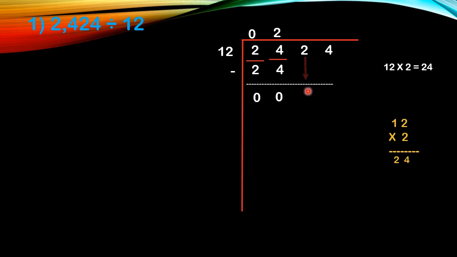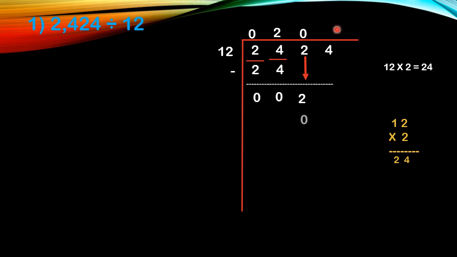So next we have to bring down 12 here. Okay, so now we have to check how many 12s go into 2. 2 is less than 12, isn't it? So 0 times 12 goes into 2. That means 12 doesn't go into 2, so that is 0 times. So we have to put 0 in the quotient.